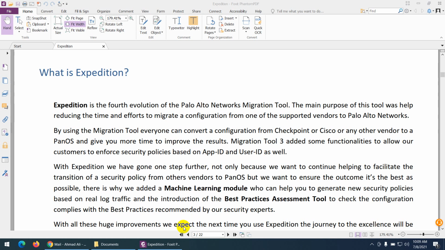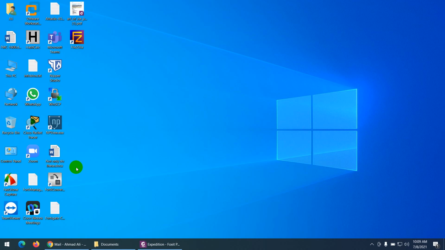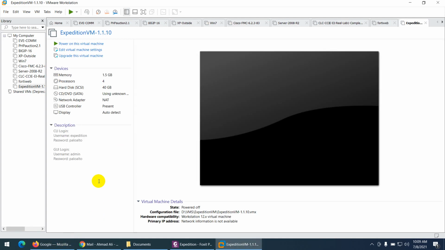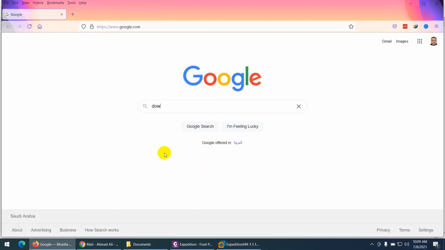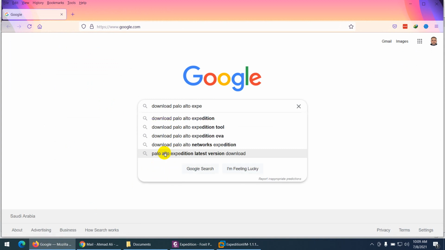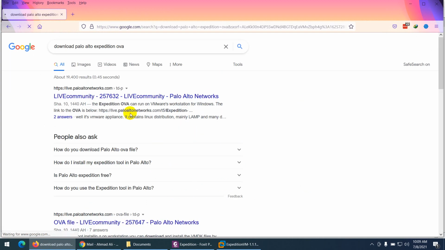So let's configure it. Let me open VMware Workstation to show how to configure this tool, and I need to go to the browser to show how you can download it. In the browser you can type download Palo Alto Expedition tool, and if you add OVA it's better.